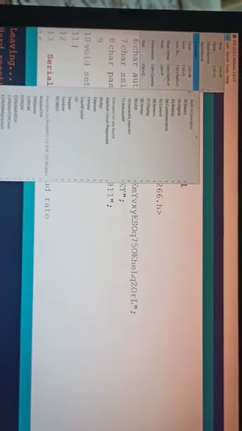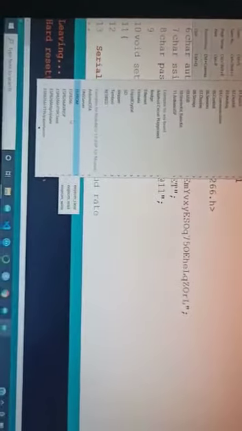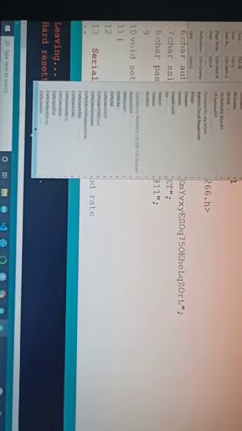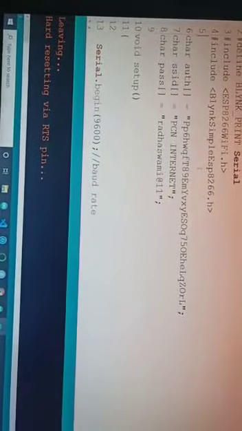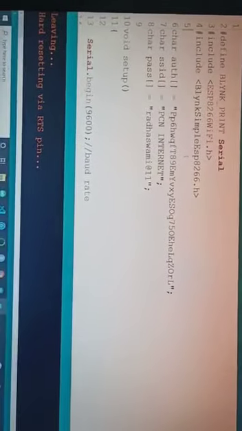So where will you get your program? As we have already installed Blynk in your Arduino IDE, we will go to the Examples option. From Examples we will go to the Blynk option. After Blynk we will go to Boards, Wi-Fi, because our connection type is Wi-Fi, and here next Node MCU. So this is our program.